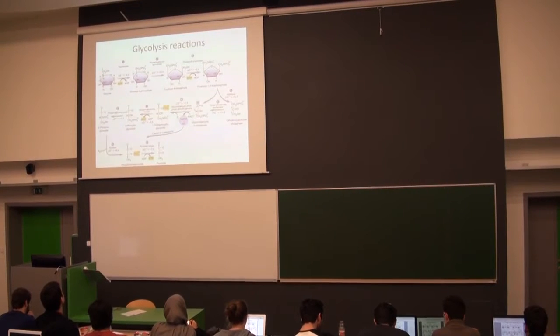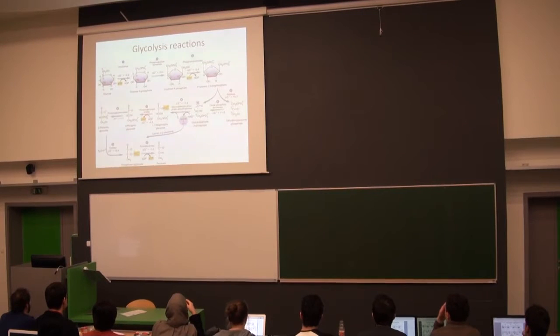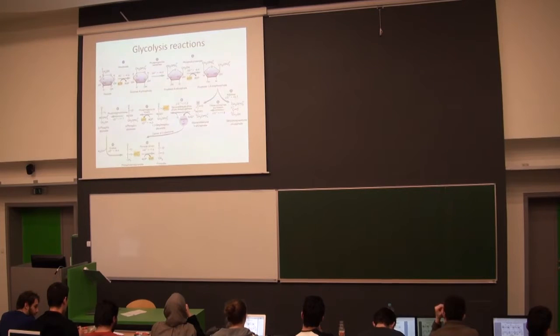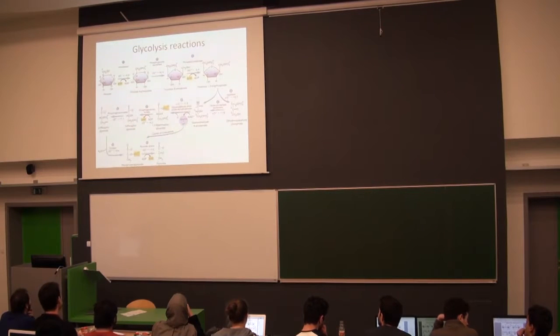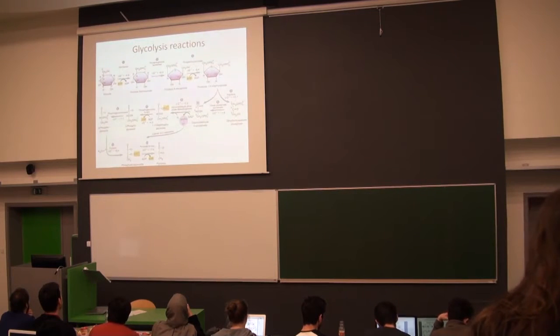So if I start with the first reaction, that's the reaction that you already know. You start with glucose, you have glucose 6-phosphate, and the reaction is catalyzed by hexokinase or glucokinase. The subsequent reaction is the isomerization, when you isomerize glucose 6-phosphate to fructose 6-phosphate. As you know, these molecules have the same number of carbon atoms. They are very similar. The only difference is that here you have an aldehyde group and here you have the keto group. And if you have it in the cyclic form, you know that here you have a 6-member cycle.